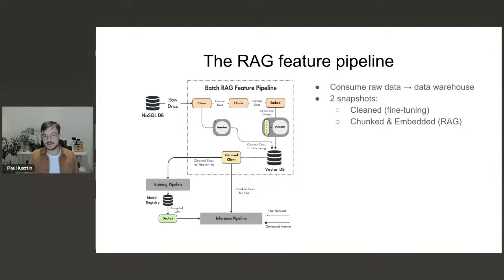So the clean data will basically, we will take the output of the clean model and throw it into the vector DB as is, because you can actually use the vector DB as a NoSQL database. Most vector DBs have support for querying just for IDs, and you can put any text into the metadata. And in the end, that's a NoSQL database. And then we do the standard chunking and embedding, and we put the vectors plus the metadata in the vector DB as usual.